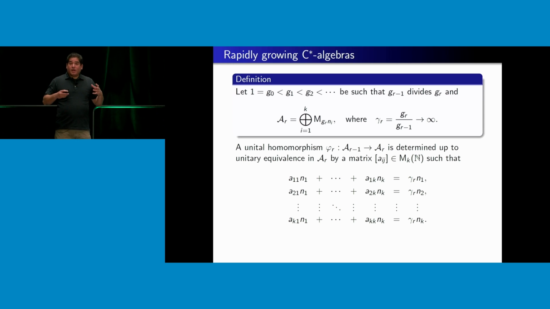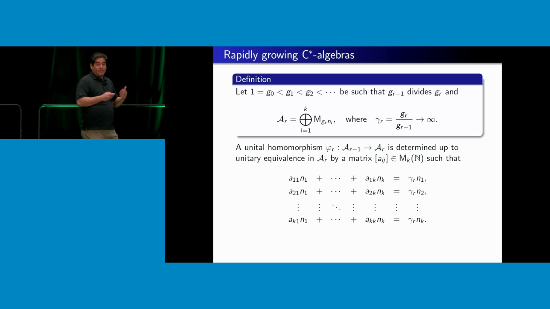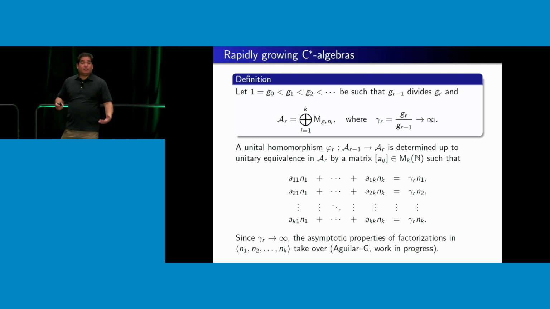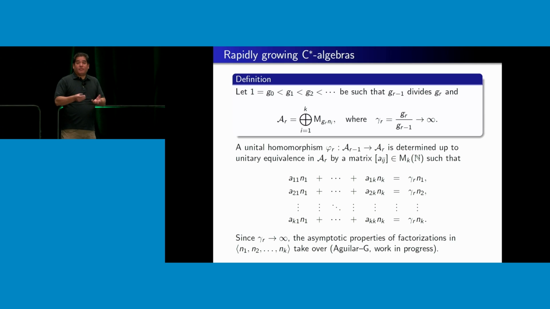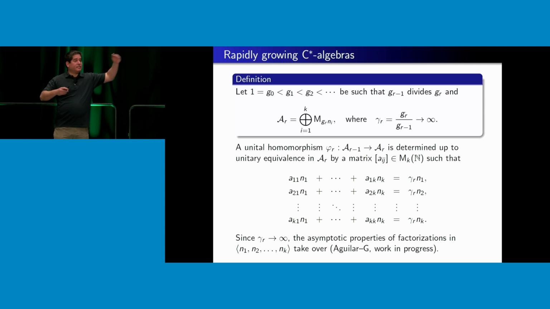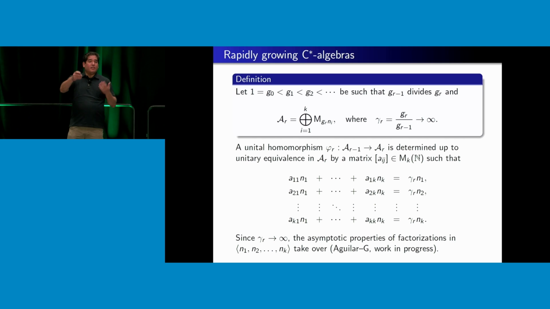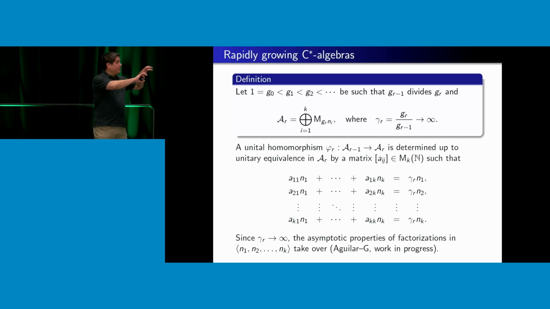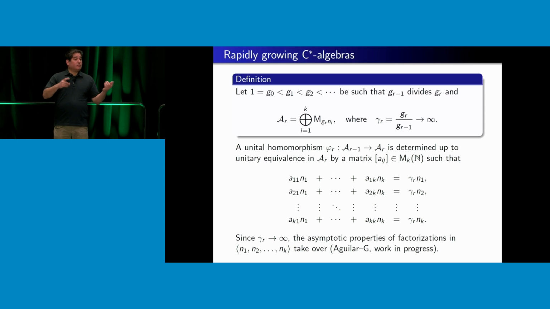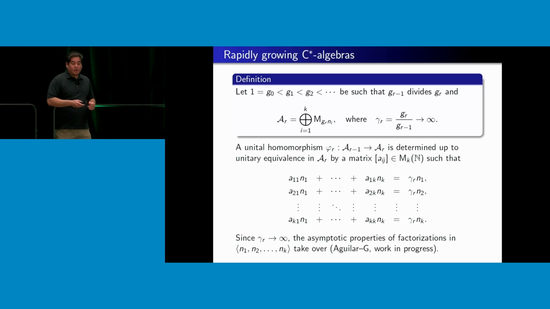And of course, if my algebras grow at a phenomenal rate, gamma sub r is tending to infinity, so the asymptotics should begin to take over, and I should be able to say a lot about, say, random C-star algebras drawn from this ensemble that I'm building here. And I should be able to say things about what's happening on average at every single level. I should be able to talk about mean, median, and mode sizes of how many different blocks are in each level. And I should be able to do all sorts of stuff. Now, I say should be able to because we're still thinking about it. But that's work in progress.